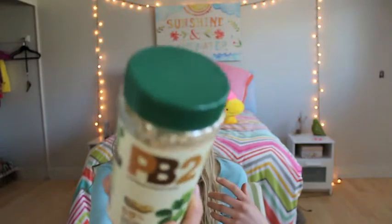Another thing I always have on hand is some PB2 or just regular peanut butter. Add water yourself just when you want to make it. It's really high in protein and it's lower in fat, and I'm definitely not against eating fat. Two spoons of this is only 45 calories. That's insane because in a normal peanut butter it's about 180 for 2 tablespoons. So I can eat as much peanut butter as I want and I don't have to worry about having too